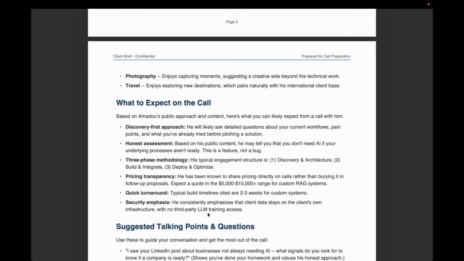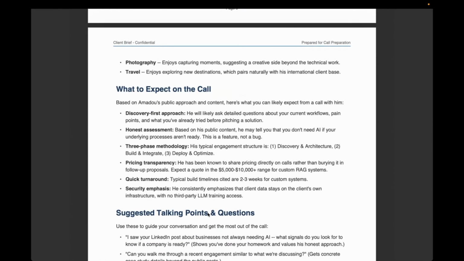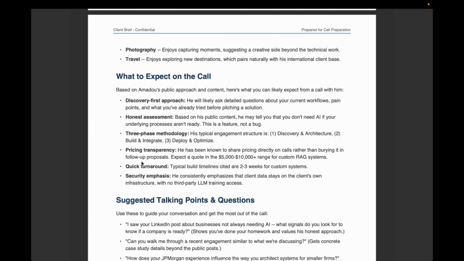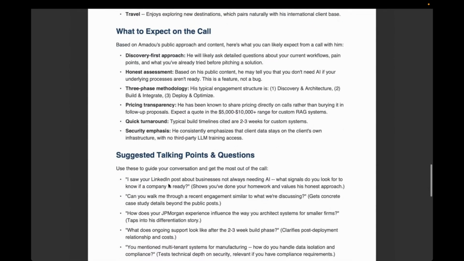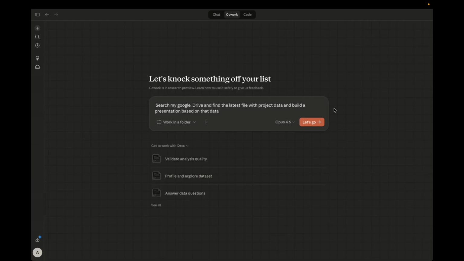But yeah, I think this is a really good job on Claude Cowork's front because not only does it just give a summary of who I am, but it also gives me what to expect when I'm talking to the person, suggested talking points. So now we're going to move on to use case three,